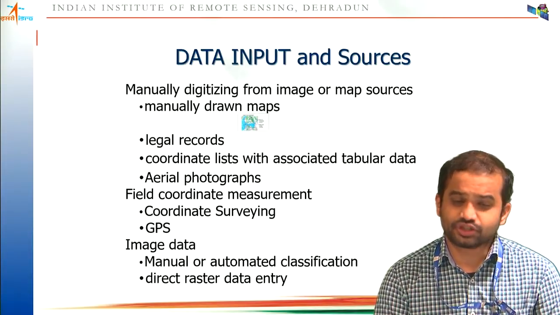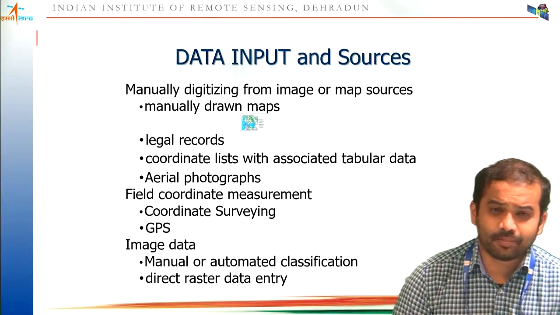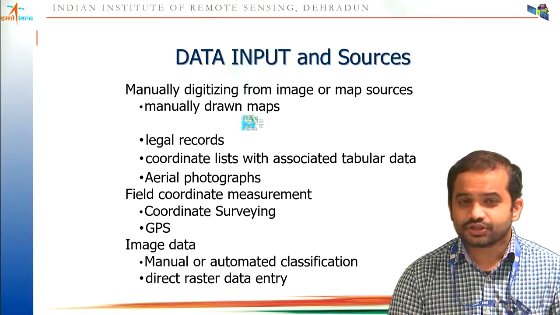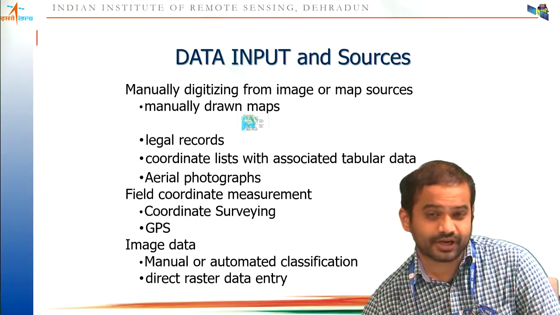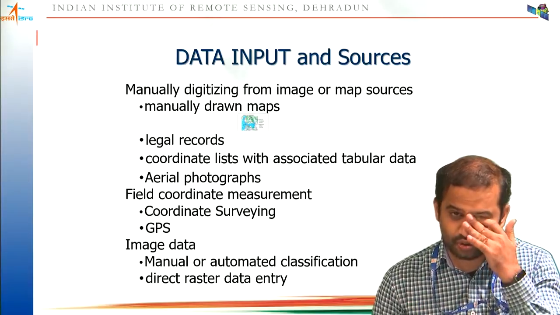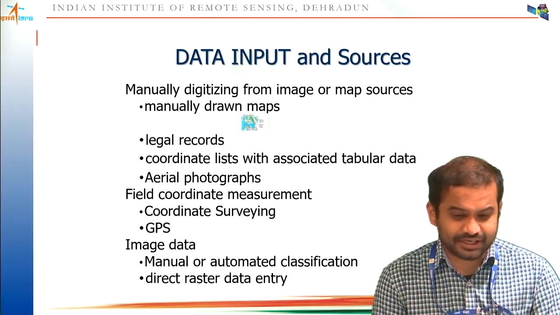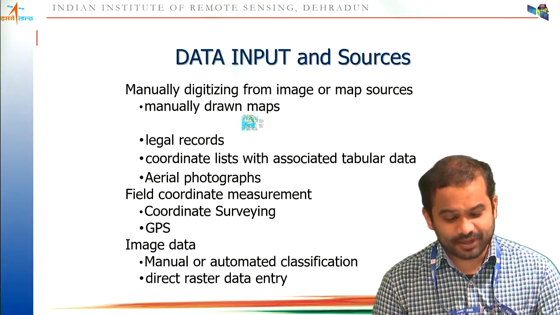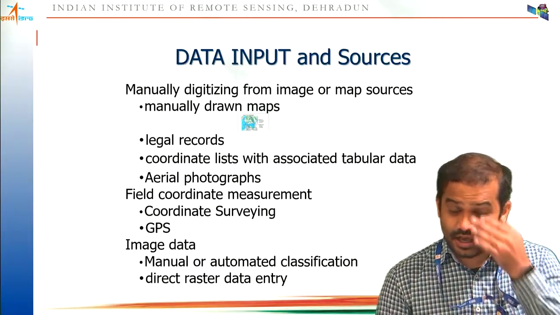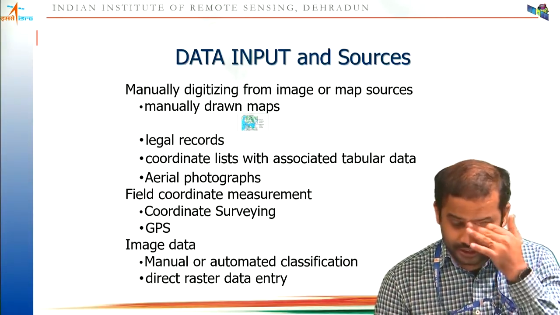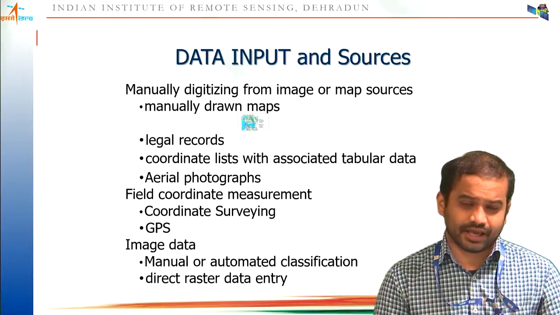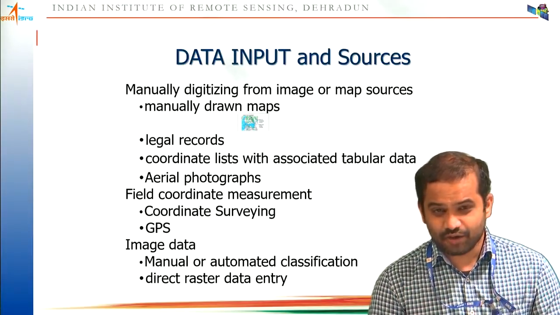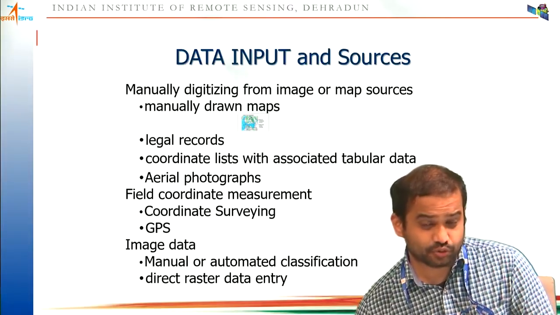Here I am trying to explain based on the whole process. One way of collecting data is manually digitizing from an image or map, right? It means there is no digital data available, but in GIS, if you want to use it, you need to digitize it. So you need to manually digitize, if you don't have the digital data, when you have paper based maps, or images like aerial images taken non-digitally. It is not far away, like 15 years back, the negatives, the camera with reels were very common. The same technology has been used for taking aerial images.